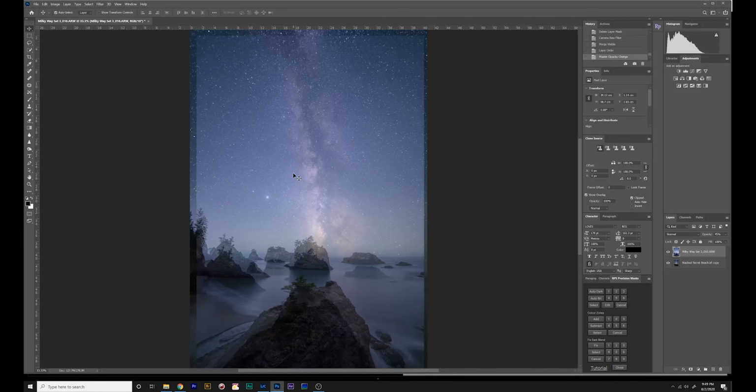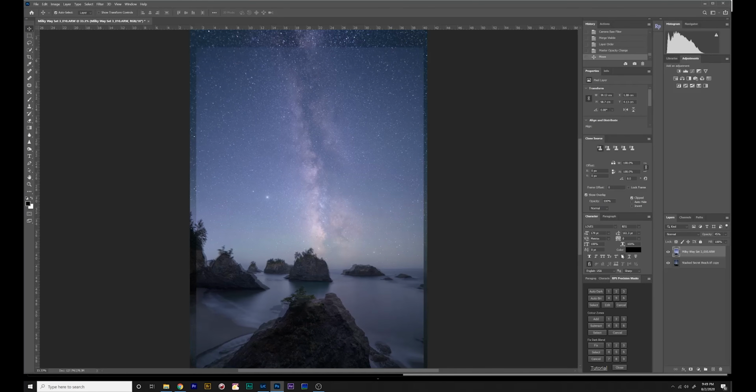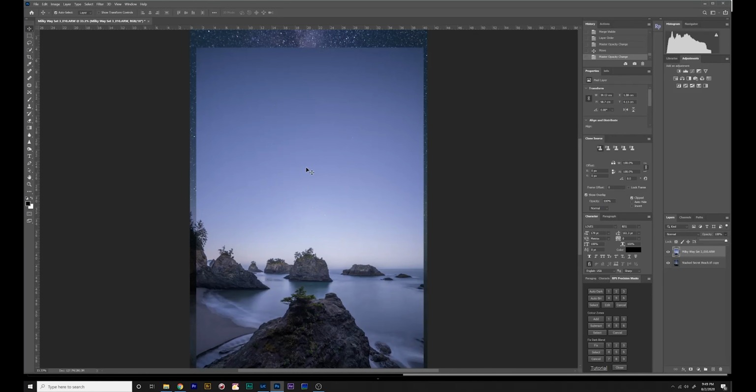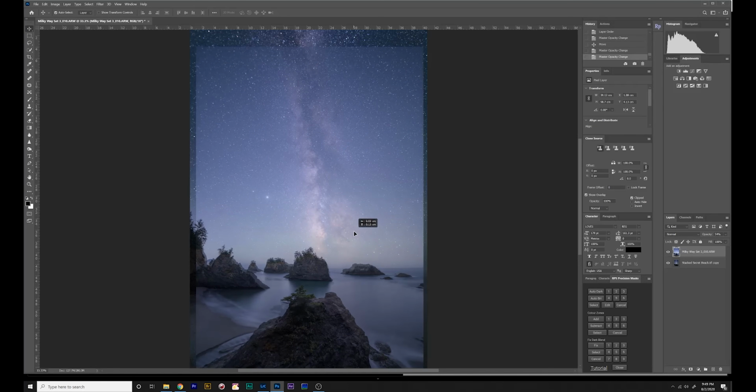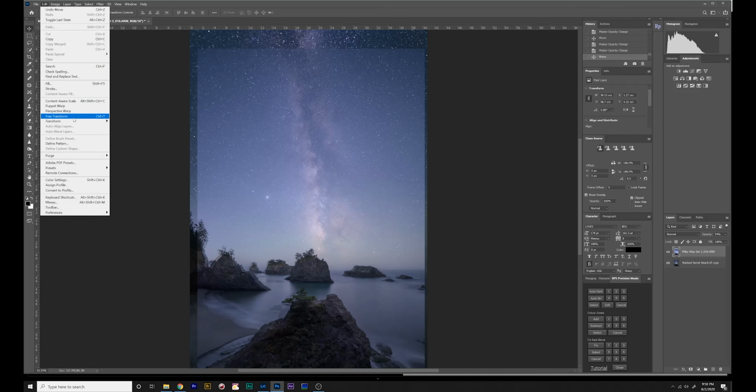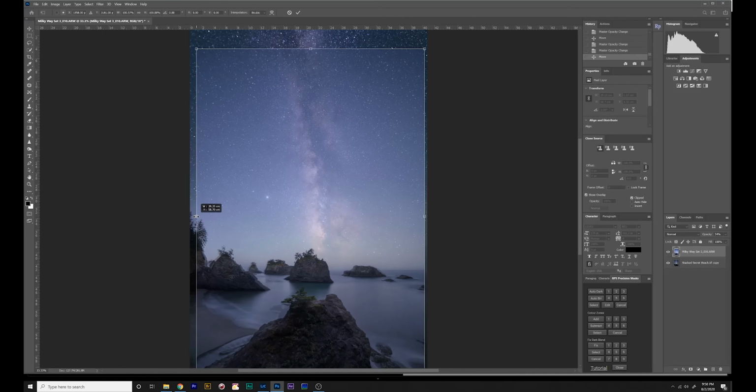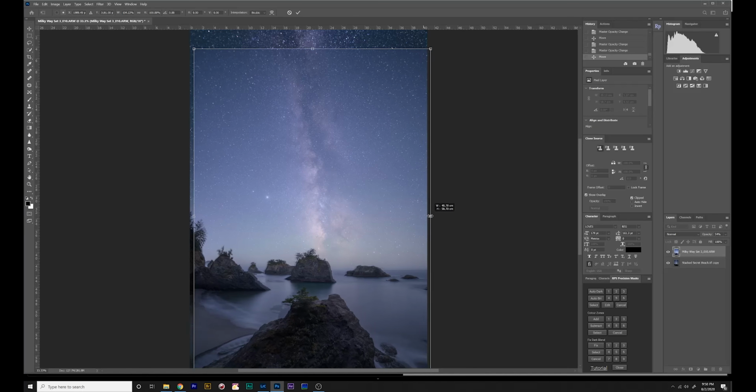So there are different ways of doing this. I don't think the auto align feature is going to serve us too well, because there's a huge difference in what at least the sky looks like, and it's not smart enough to identify the foreground, the similar shaped rocks. So I'm not even going to try. I'm just going to lower the opacity and somewhat drag it in the right position. And you want to start by aligning the center, and then you can go to the free transform, hold shift, and then adjust the edges,